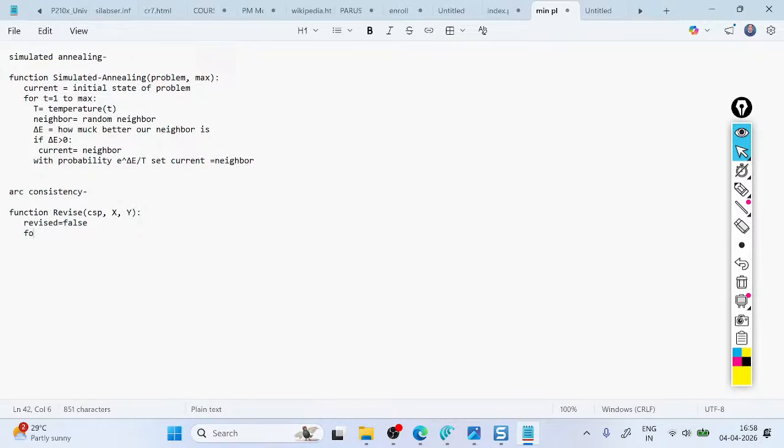Then for x in x's domain. Now for x in x's domain, if no y in y's domain satisfies the constraint for x comma y,